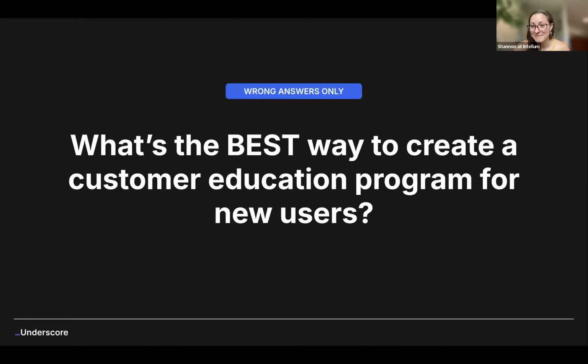Gabrielle said, text only info. Laura said, wait until you start getting lots of customer complaints, then only answer specific questions with no structure or organization and slap it on your website. Paige said, send them a different feature every day with multiple GIFs, images, help center articles, FAQs, CTA buttons. Do not consider anything you know about the customer. One size fits all. Timing does not matter. It's like throw it all at them. That's so beautiful. Okay, do what you or someone else did for the previous product. That's real. Immediately start upselling without explaining what they've already purchased. That is also, look, Ramli, I'm sure you've seen that too, because you work with a lot of B2B SaaS. Yeah, I see that all the time. Okay. All of these are really good, and good in the sense of very bad.